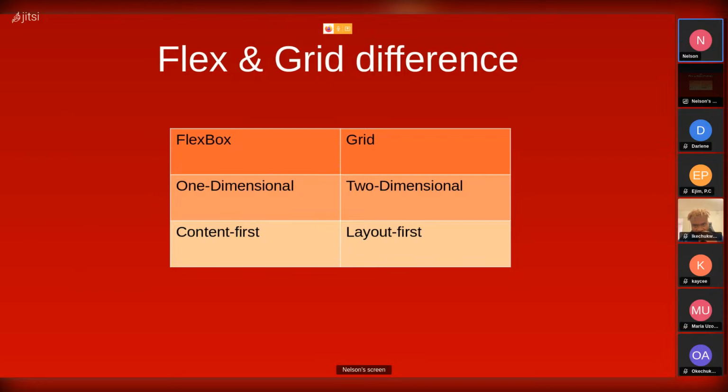First of all, flexbox is one dimensional, I will explain, and then grid is two dimensional. Then the second one is that flexbox is content first, whereas grid is layout first. I will also explain. So by one dimensional,